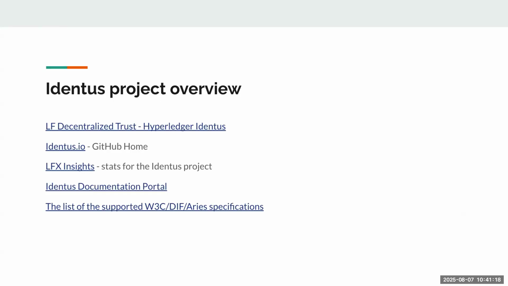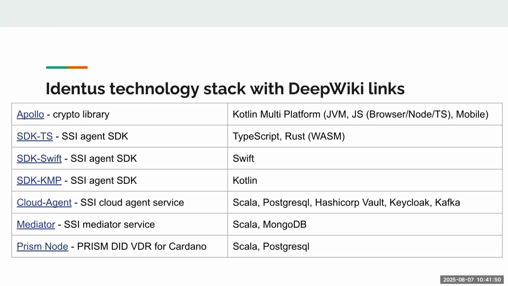Yes. Now, Identus project overview. So as I said before, we are now part of Hyperledger and the Linux Foundation. Our GitHub home is Identus.io, where you have all this documentation, all these specifications that we also create. We are also very involved with W3C, right? And you have the Identus documentation portal, and the list of supported